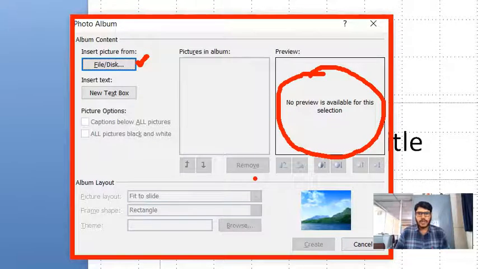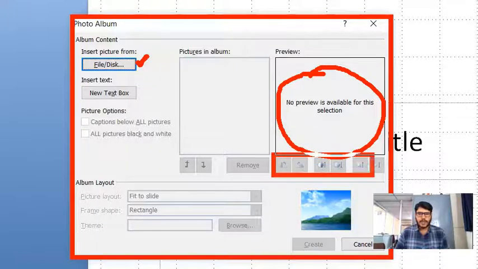Also we can rotate, and we can adjust the contrast level and brightness with these options. Suppose I want to move the photos upward and downwards, I can use these buttons, and also we can remove unwanted photos with this button.